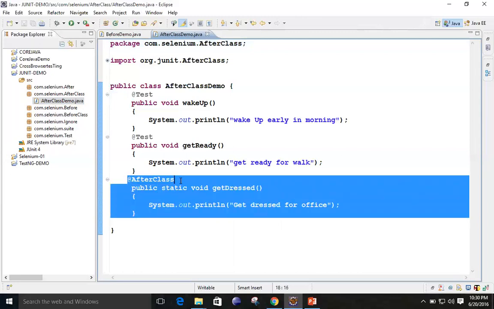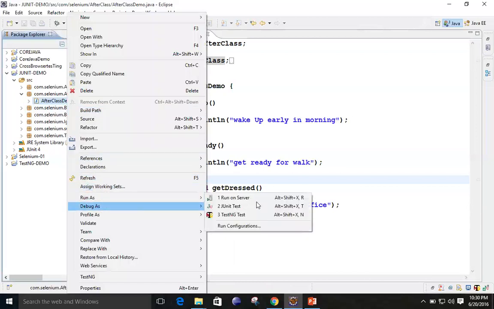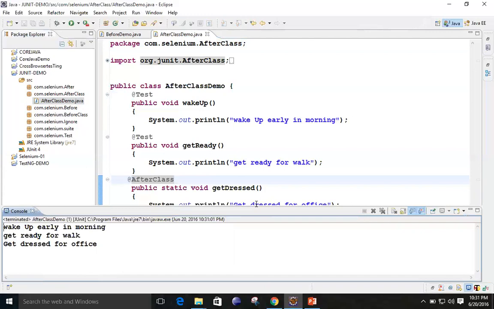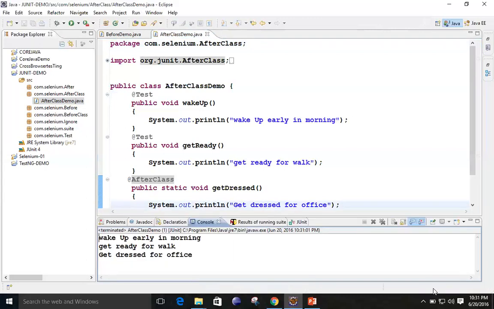What I will do, because anyhow it is the sequence, it will be executing at the last only. First you just run this one, run as JUnit test. You can see the output, that get dress for office is executing at the last.